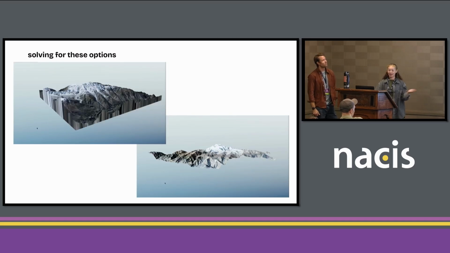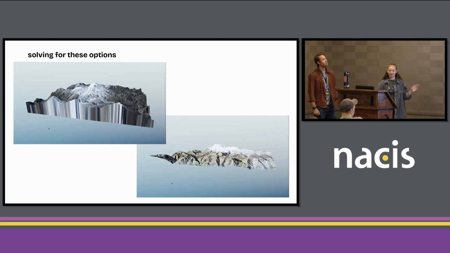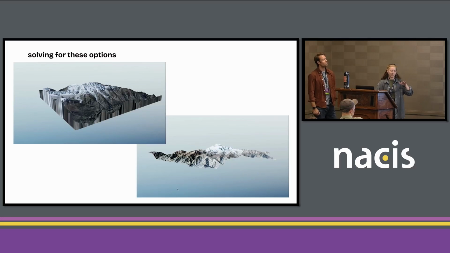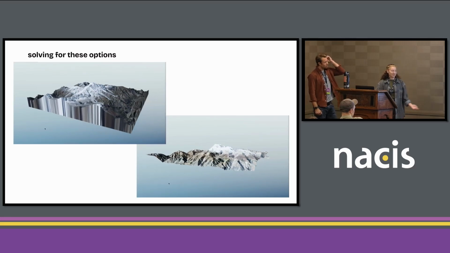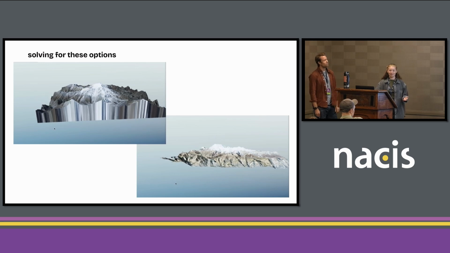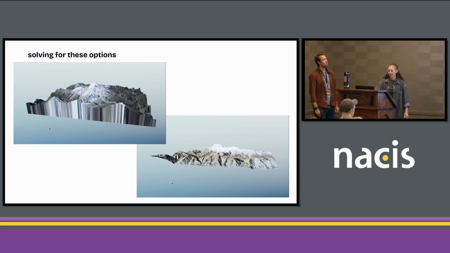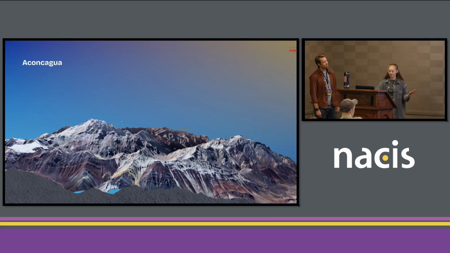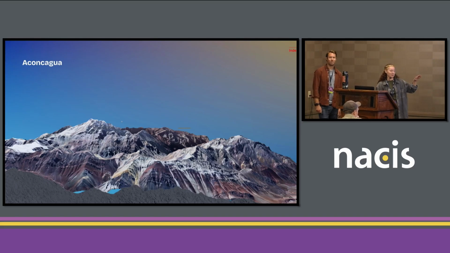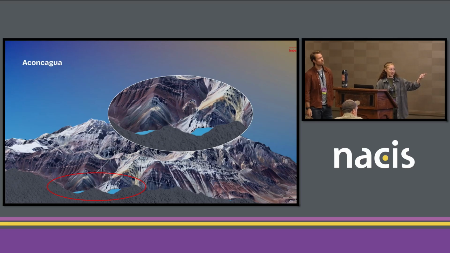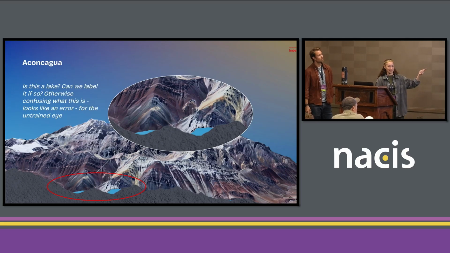And then we also tried cutting off the cross sections and just having them live as these one-dimensional, two-dimensional pieces. But it felt like it didn't satisfy the need of having this thing that you could play with that got plucked out of the earth for you. And so Soren actually drew all of the cross sections and we had to line them up specifically to each mountain. And this is just an example of something that we had to solve for, that didn't always line up perfectly. It looked like there was a lake there, and my boss was like, is this a lake? Can we label it?